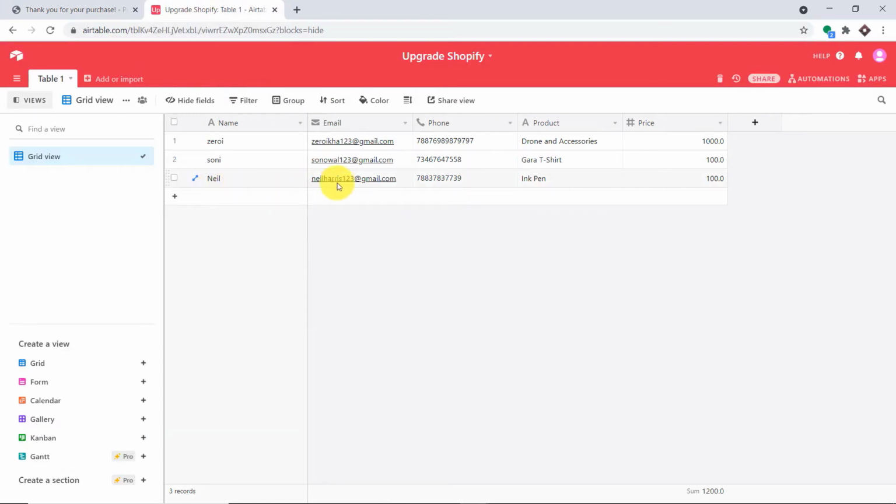So the first name is Neil. The email, the phone number, this is the product, and this is the price. So basically, this is the whole mechanism. Whenever there is a purchase made by a customer on your Shopify store, it will be added as a record